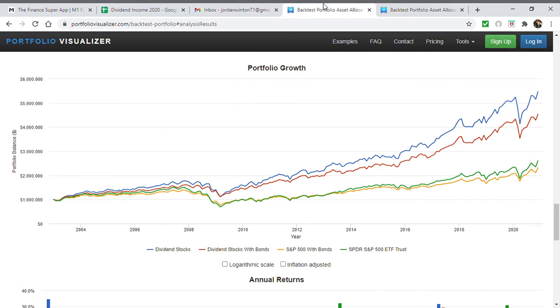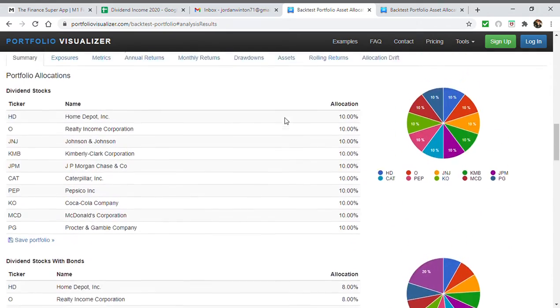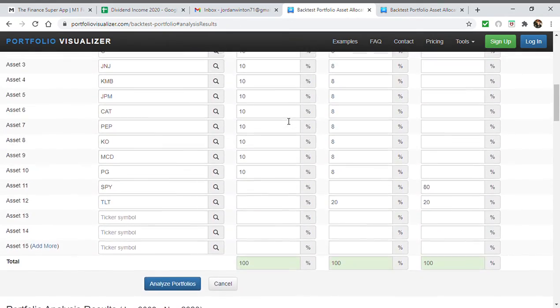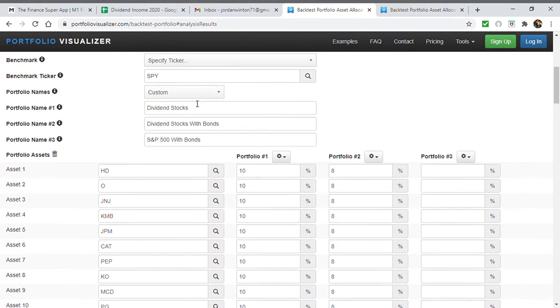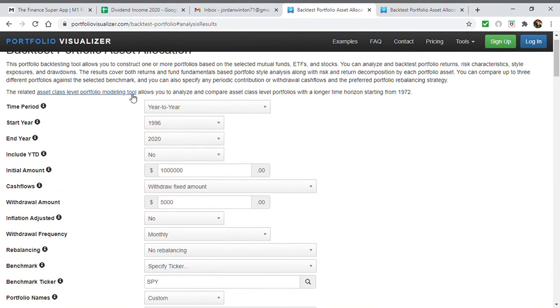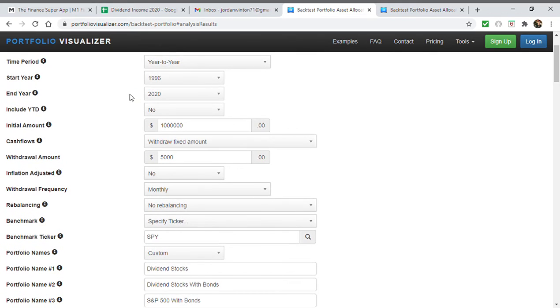Now let's go ahead and go to the example. I went ahead and drew up some examples for you guys just so you can see an idea of how these different opportunities work in the market. Now real quick, I just want to mention, I probably should have mentioned this earlier. If you want to plug in these numbers yourself, go ahead and go to Portfolio Visualizer. This is a website that I absolutely love to mess with. It is great for these types of examples.